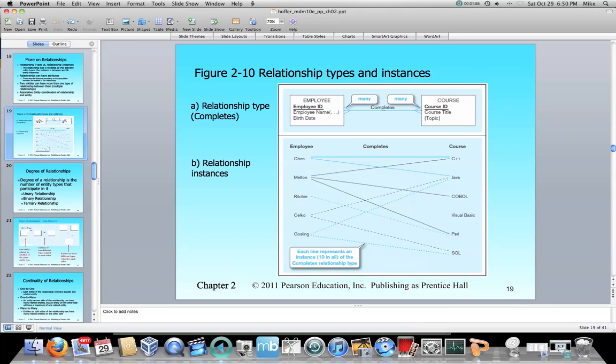What you see here is what's known as an instance diagram. On the top we have the relationship type, we have the two entities that are involved, and the relationship is called completes. So I have employee completes a course as opposed to a student completing a course. And what we do on the bottom is we list some instances of employees and we list some instances of a course and we draw lines in between. And we say to ourselves, all right,